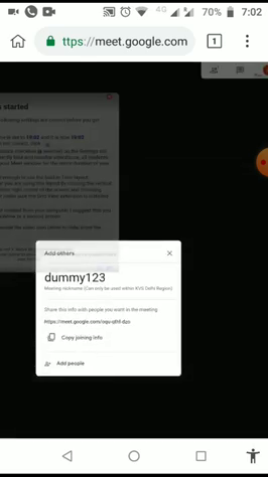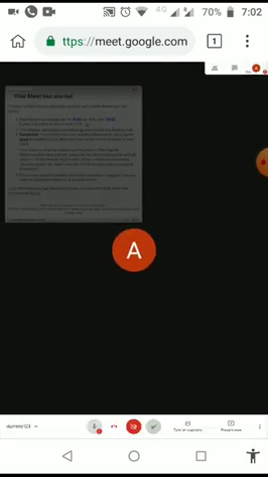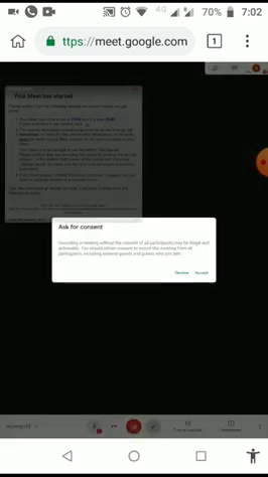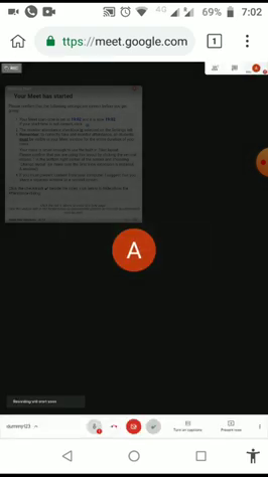As I join the meeting, I can see these three dots over here, just next to present now, on the extreme right downward. Click on that, choose record meeting, give the permission, accept, and now the meeting is recorded.